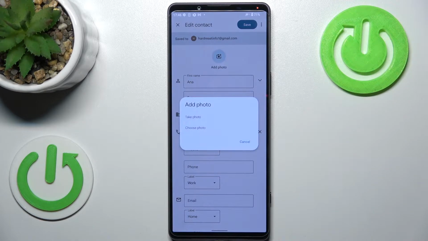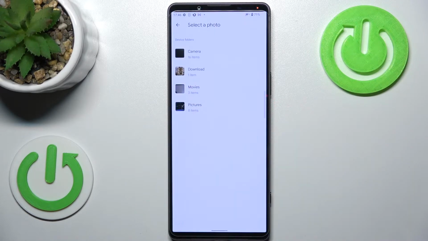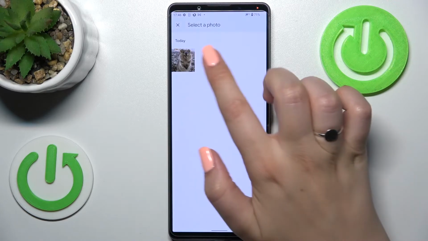And as you can see here, we've got two different options, so we can either take a photo, pick the option to take a photo, and thanks to this your device will open the camera app. So this is the best option to choose if you've got the person right in front of you and if you're able to catch a photo of him or her, or you can choose a photo from the gallery, and I will pick this option, so let me tap on it and simply find the photo you'd like to use